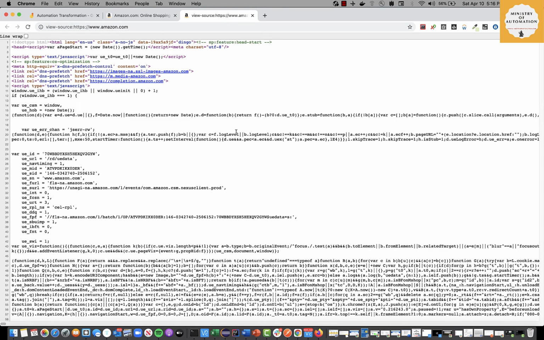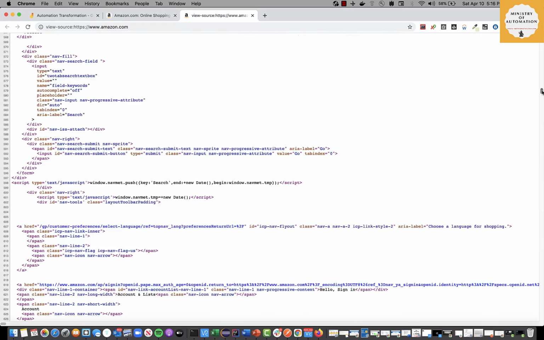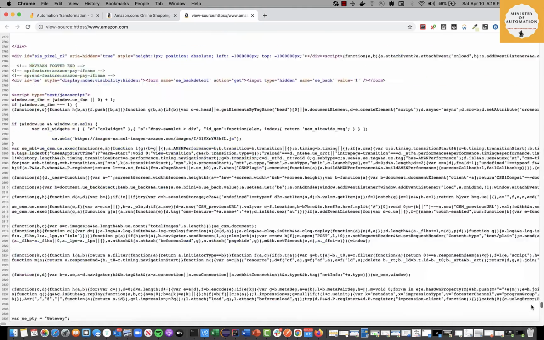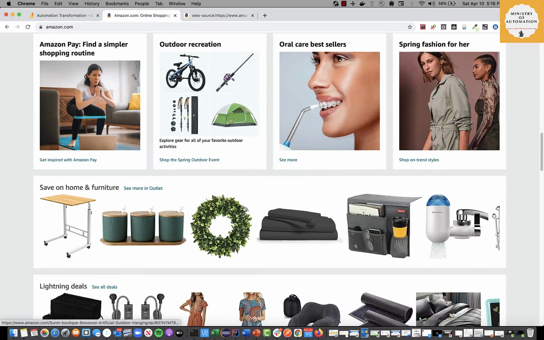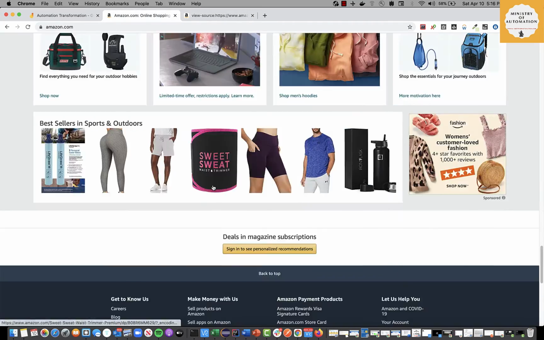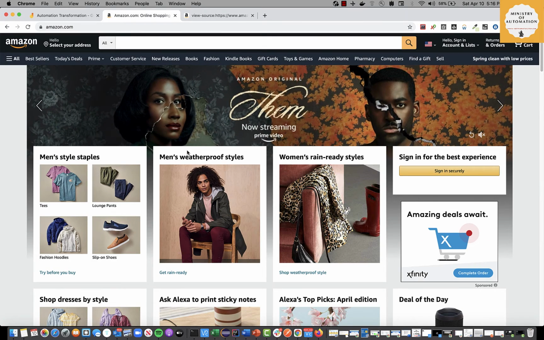So this code, what you see in front of me, is a little complex and it has a lot of things because it has JavaScript embedded in it. So don't worry. But yes, it starts with HTML, and just scroll down. It will be thousands of code lines, guys. Believe me. Now you see, it has almost 2000 code lines, and the final line will again be an HTML tag. So basically everything is wrapped in the HTML tag, and because of everything wrapped inside, you are able to see this beautiful page which has images, text, and a lot of other information. So this is what we're going to learn in this course.